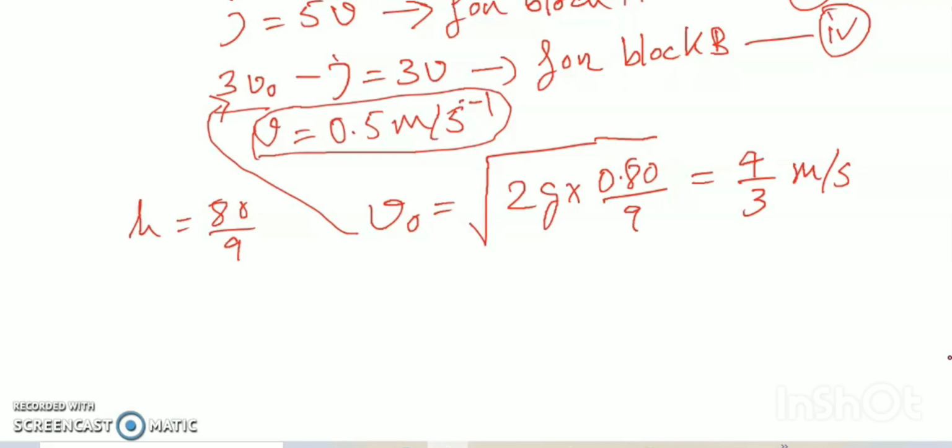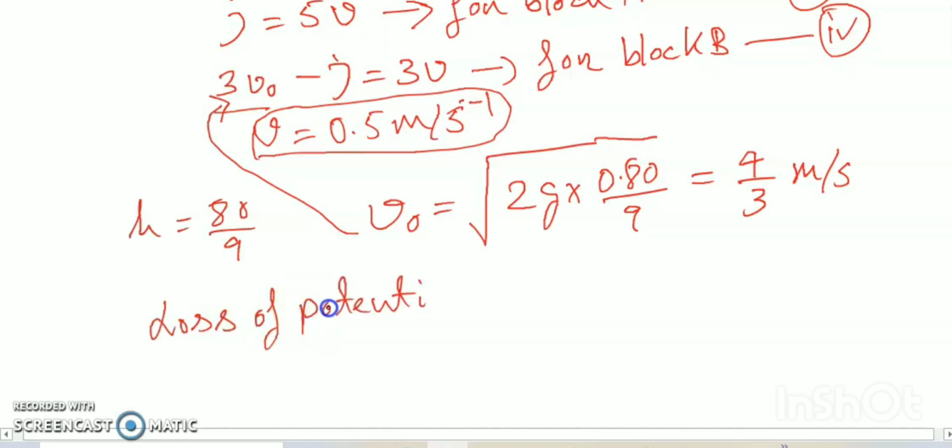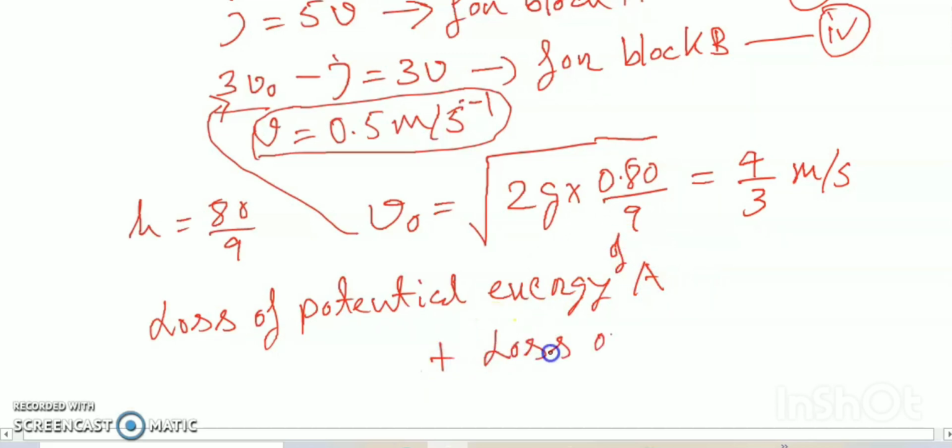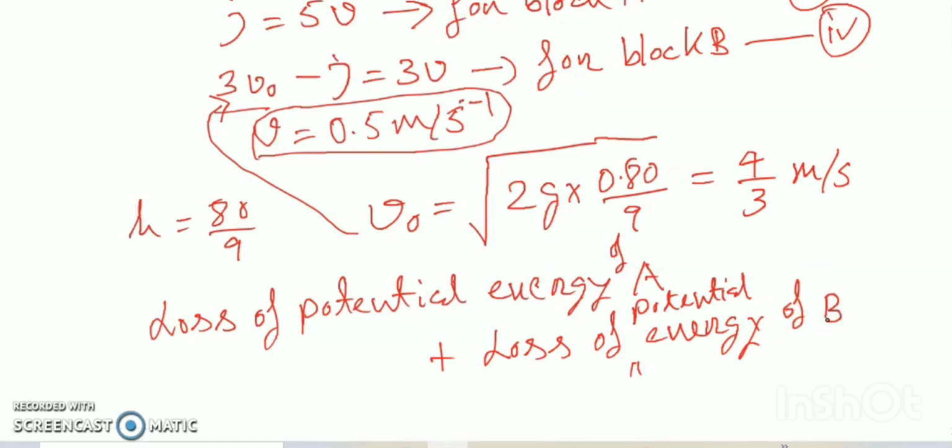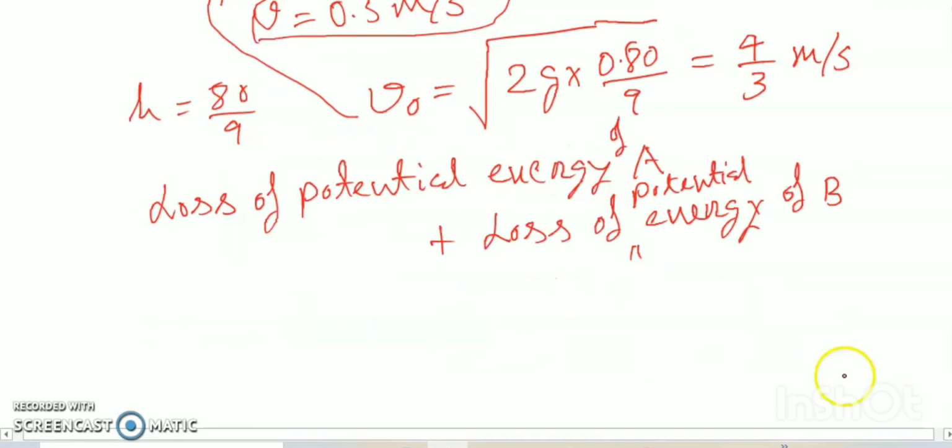According to the law of conservation of energy, loss of potential energy of A, loss of potential energy of B, and loss of kinetic energy of blocks